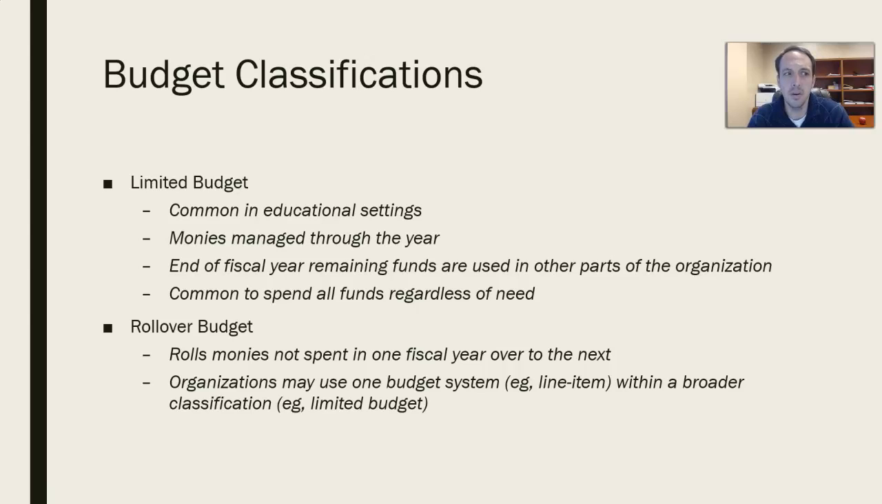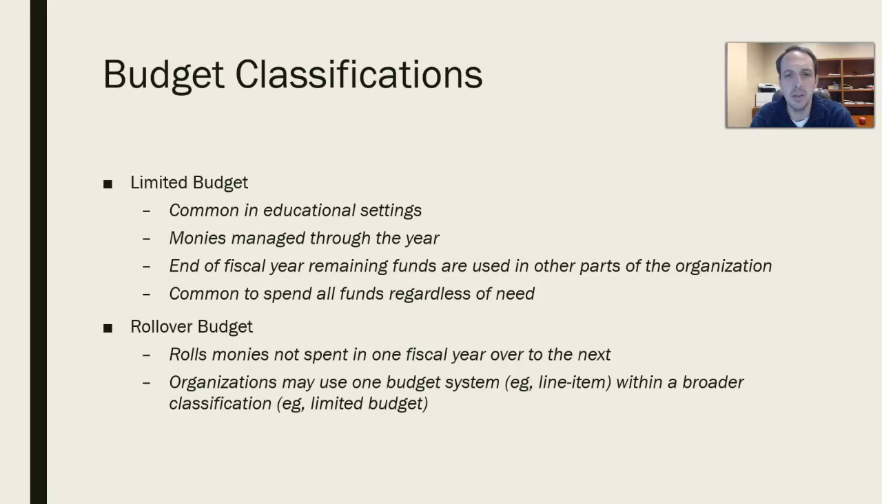Limited budgets and rollover budgets. This has to do with the end of the budget cycle. At the end of a budget cycle, a limited budget, which is most common, zeroes out. So this brings up the idea, if you don't spend it, you lose it, where people spend money at the end of the budgeting cycle because if they don't spend it, they lose it. A rollover budget allows for whatever is not spent in one budget cycle to be rolled over and added to